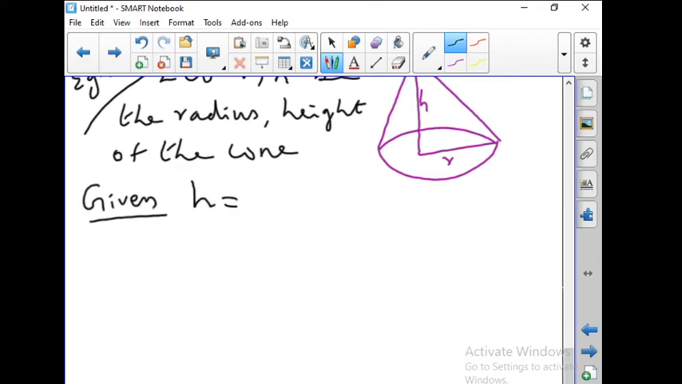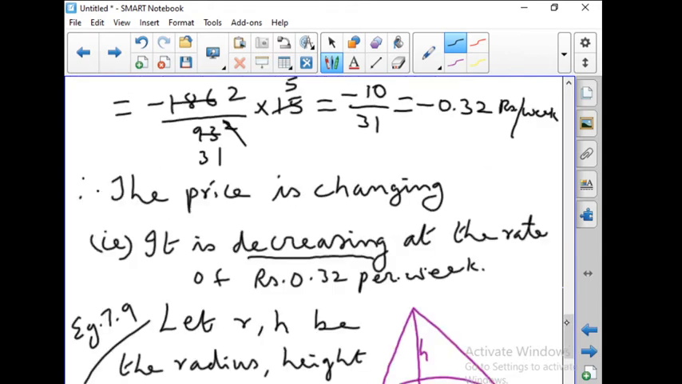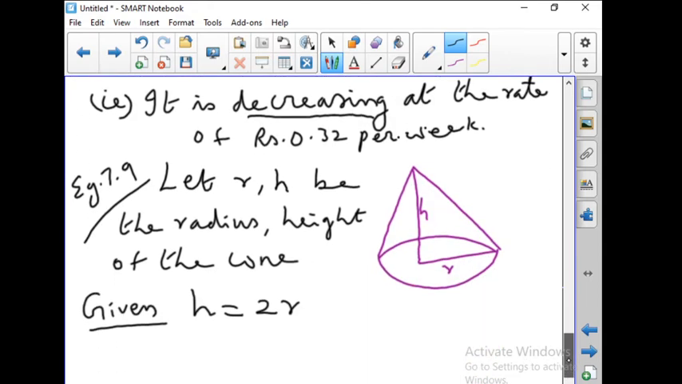Height is equal to diameter. So what is the diameter? Double the radius. So h is equal to 2r. Okay. So let V be the volume. So we can include here itself, let r